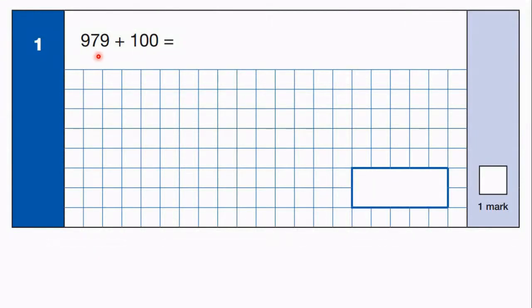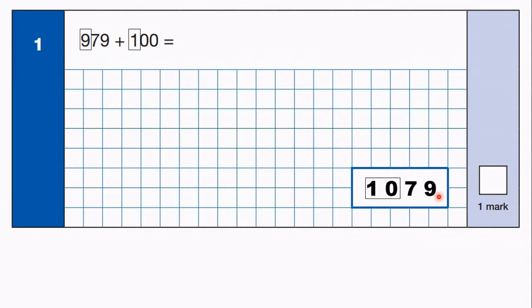Question 1. 979 plus 100. So we have 900s, we're adding 100, so in our answer we'll have 10 hundreds, which is the same as 1000 and 0 hundreds. And of course, the 79 stays the same because we aren't adding any tens or units. So our answer is